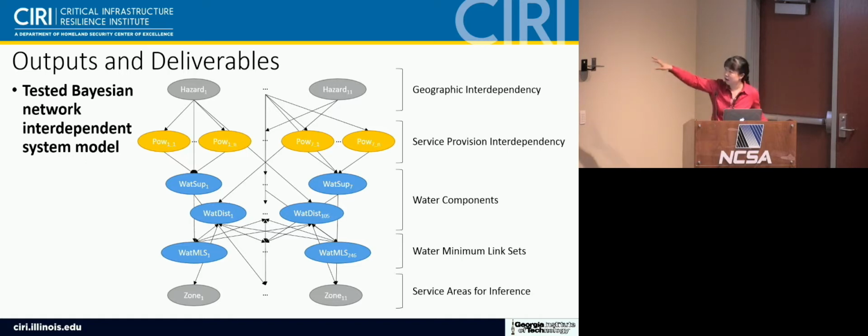And then at this final level here, we have different zones that we've split up for different service areas for inference. So you can see it's definitely a multi-level thing. You can go into different levels of granularity at each of these levels to add complexity or more detail into your model. But it's a way to propagate down these ideas of interdependencies into then, at the very bottom level, what level of service can you provide for your specific area that you're looking